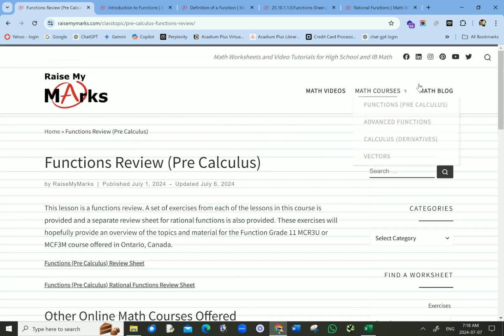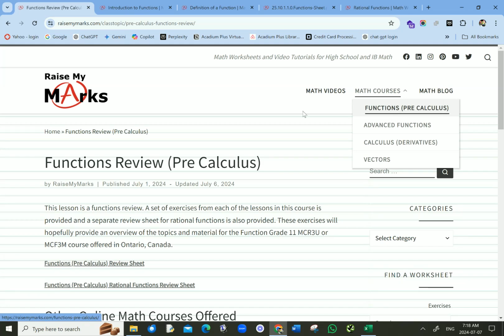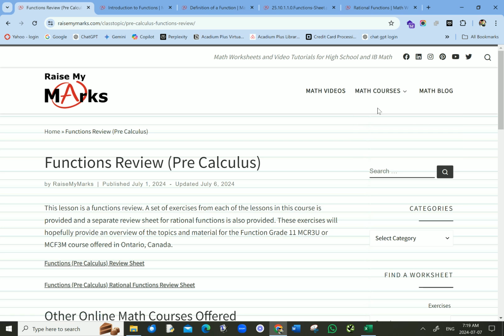So that's what the courses are like. So that's how they're structured. So again, you come to the website, go to the top menu, you see math courses. Again, course may not be the best term for it because it's not a substitute for your actual math course at school. It's to help you, it's an aid,